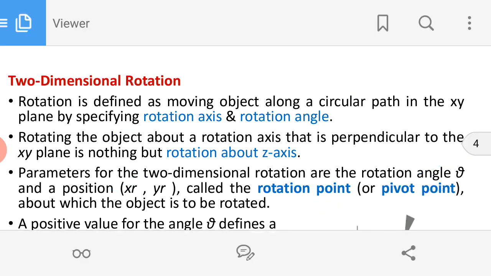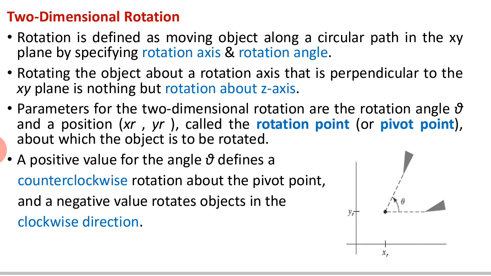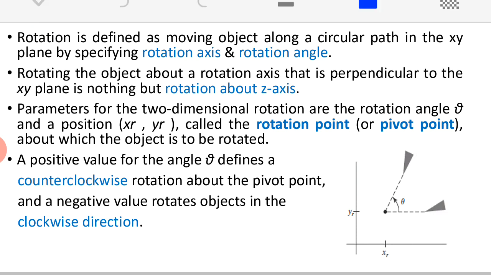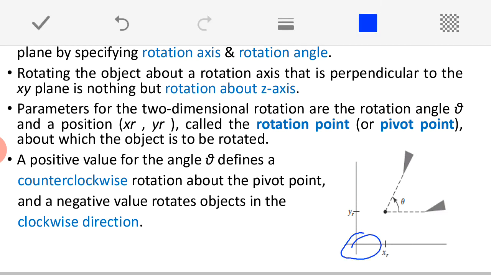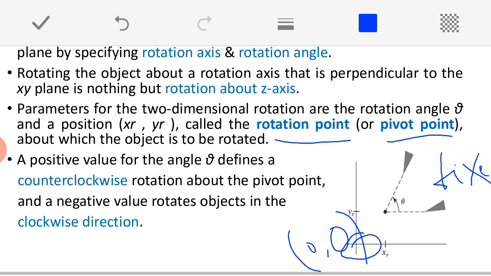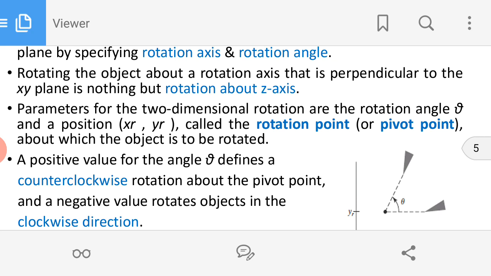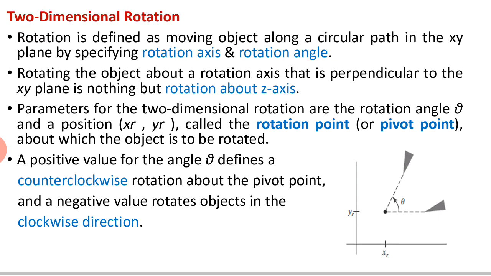Another point, and always do remember, the default rotation in case of any transformation will always be done with respect to the origin. Origin is nothing but 0 comma 0. This is the default rotation point in the rotation. If you want to perform the rotation about a point other than the origin, then that pivot point is also called a fixed point other than the origin. That we will discuss later. But once again I will repeat, our default rotation will always be done with respect to the origin. Do remember this.